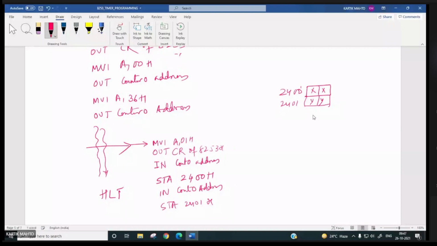Now you know the original count value was 3600H. So here you have to subtract YYXX. BCD subtraction we have done now in the laboratory. Whatever result comes, QQPP will be the time elapsed.